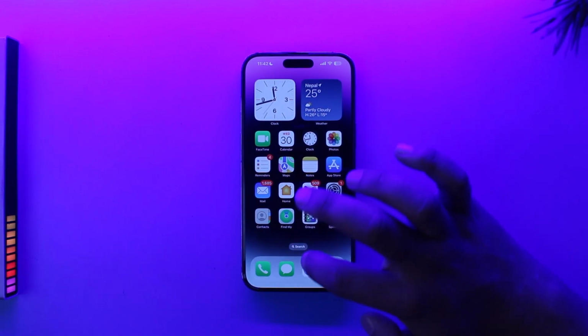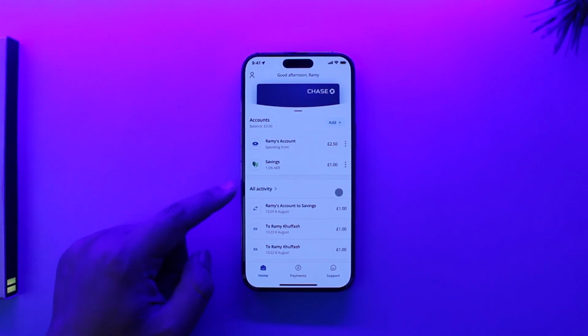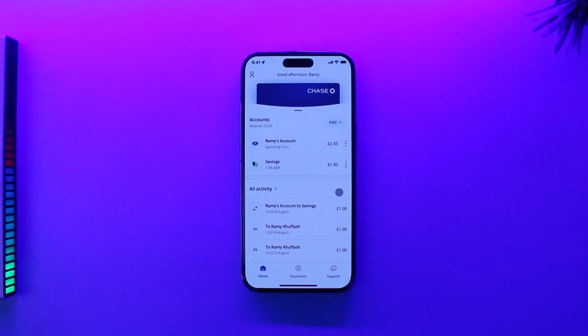So you have to just go ahead and launch the Chase Bank application, and just make sure that you're basically signed into your account, right? So once you're signed into your mobile banking account, you can see a couple of options right here. You can go to all activity if you wish. It will show you a list of all of your activities,